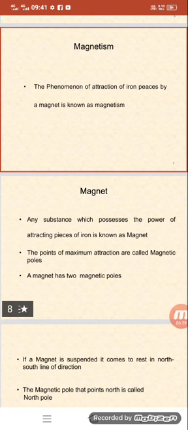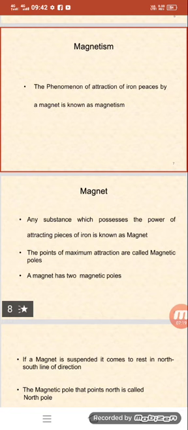One is the north pole and the other is the south pole. A magnet always has two magnetic poles, one north pole and another the south pole. After that, suppose a magnet is suspended in the air,